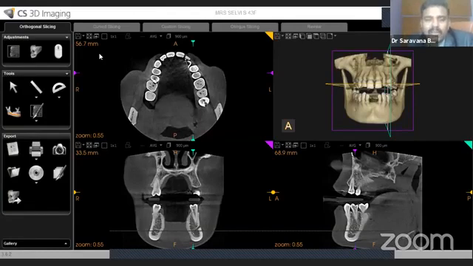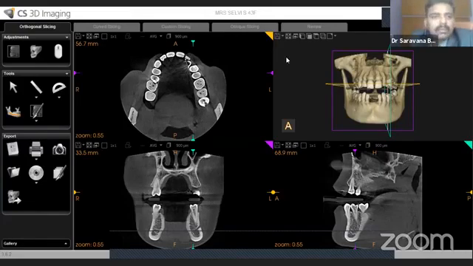But nothing like that. What you should know is how to analyze the 4 slices. How to see the axial slice, how to see the coronal slice, how to see the sagittal slice, how to go for the cross-sectional slice. That's all. If you know only these 4 in any company, it is sufficient. After that, it is what you will see yourself.